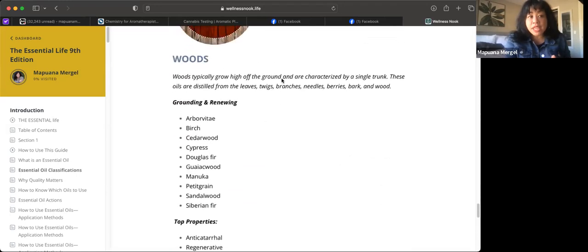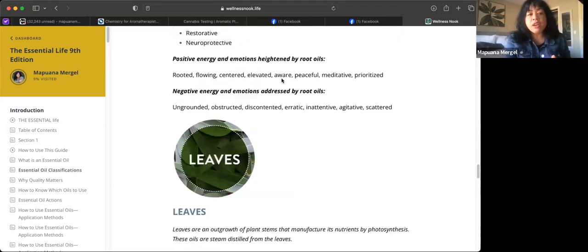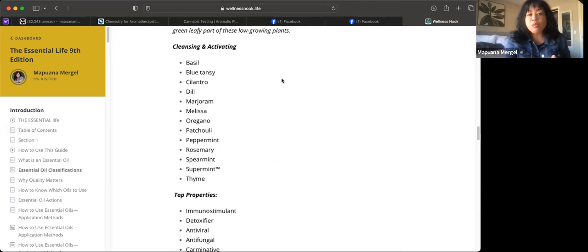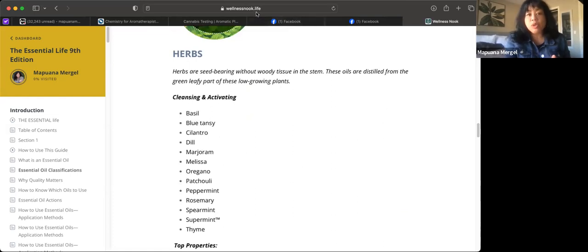So 8 classifications, all covered in our Essential Life book. I hope you learned something new today, and I hope you got motivated to look at your oils in a different way. And you are a little bit more confident in using your oils. We're coming up to our time frame, so I'm going to close by sharing one last interesting bit of information,